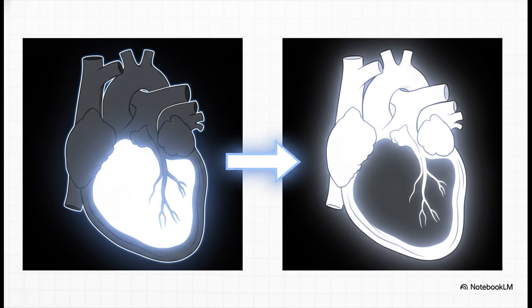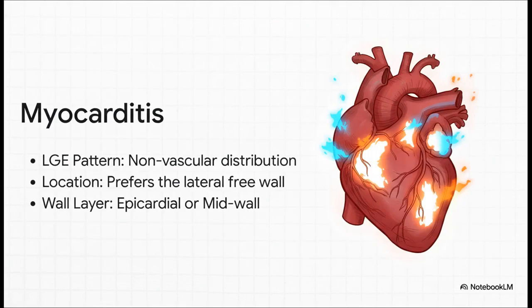And when we do that, sometimes the heart muscle itself becomes even brighter than the blood inside it, which is a massive telltale sign that we're dealing with amyloid. Another type of invader is inflammation, or myocarditis. The key thing to remember here is that this is always going to show a non-ischemic pattern. Always. This isn't a plumbing problem in an artery, it's inflammation in the muscle. And that inflammation tends to show up on the outer wall or in the middle, often on the side wall